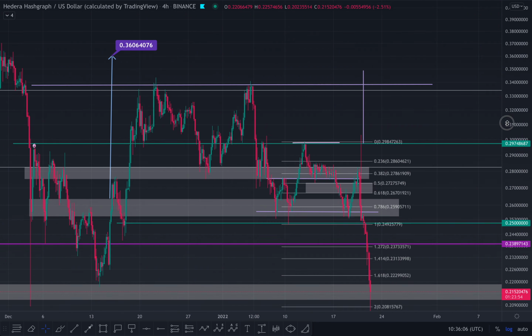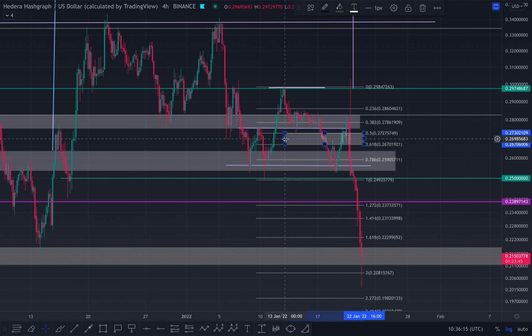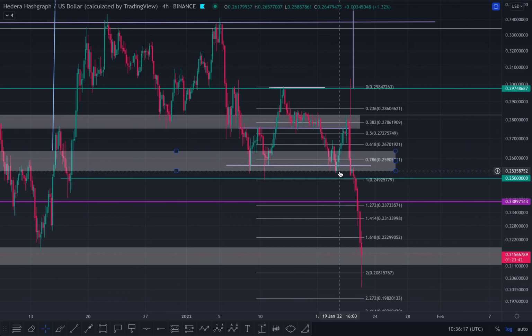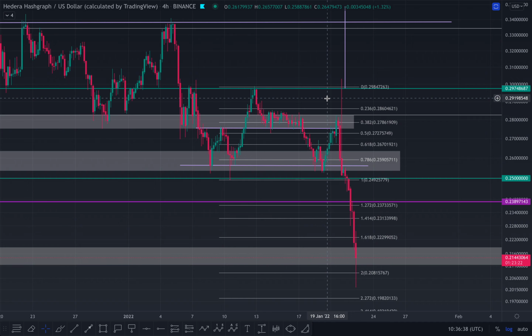Now I'm going to get rid of that quickly and we're going to zoom in. We've measured in the last video from the swing low to the swing high, and you create that reversal wave once you lost this golden pocket over here, and you back tested as resistance. You came down, and this was amazing for Hbar because it seemed like we were going to form a double bottom, but there's always a risk with a double bottom, is that it never really plays out until you break the neckline. And you can see we came to the neckline and got completely rejected, basically saying I don't want to complete this pattern, I don't want to even validate this pattern.